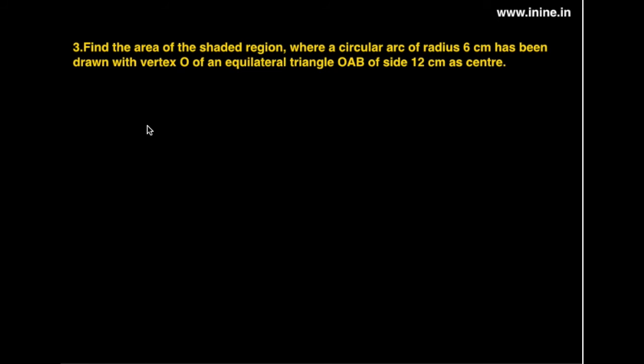So how does this look like? Here we have an equilateral triangle OAB. So let's say this is the equilateral triangle. Sorry that I am poor in drawing. Hope you would understand this, accept this as an equilateral triangle. So this is OAB